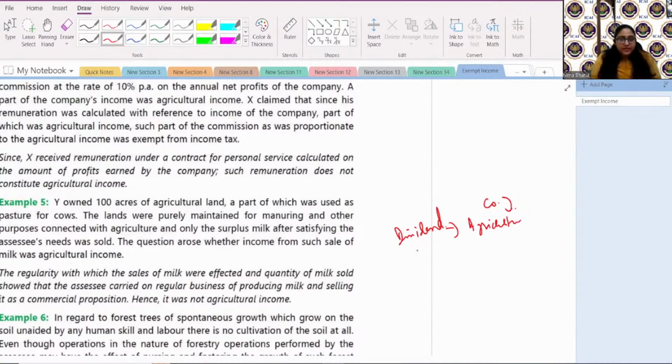No. Dividend, though it is coming from a company which is entirely into agriculture, does not make my dividend an agricultural income. The company's income is exempt, that is a different thing. But my income is not agricultural income in those cases. Similarly,